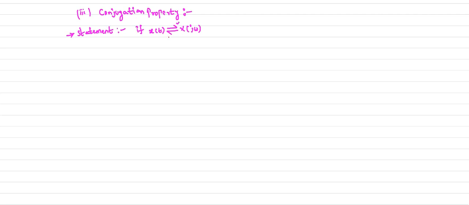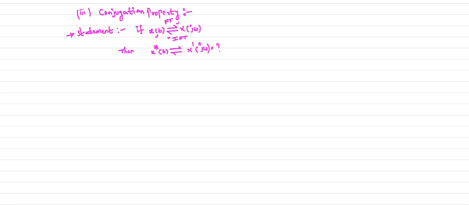That's why I put arrows on both sides. That is the meaning of the double-sided arrow. Fourier transform of x of t is x of j omega. So the inverse Fourier transform of x of j omega is your time domain signal. So this is the signal and its corresponding signal in the frequency domain. Then the conjugation property states that if you conjugate your input signal, what is its corresponding Fourier transform? Let us consider it is x dash of j omega. So that is the conjugation property.